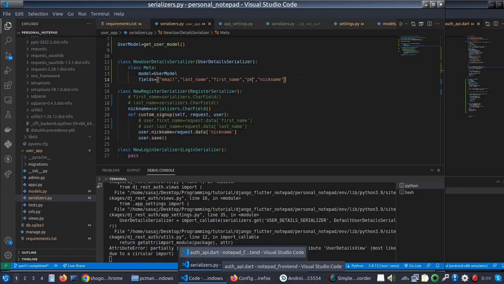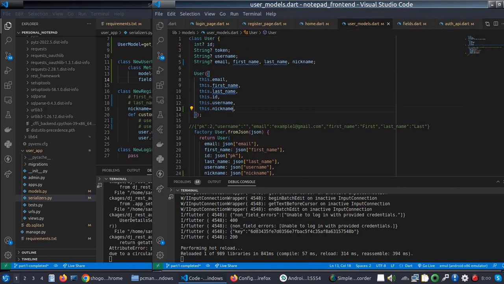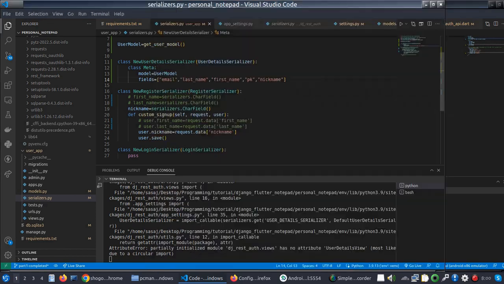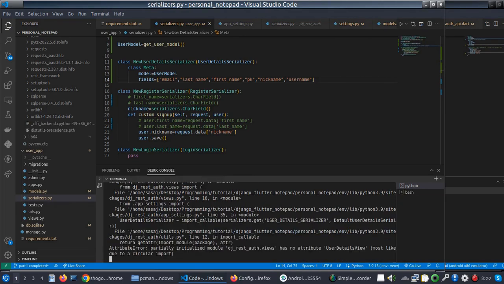Here in Dart we are getting under user model ID, token, username, first name, last name, and email. So as we are also facing the username, we can add here also a username field, but we are skipping the username though. So here this is our new serializer, and